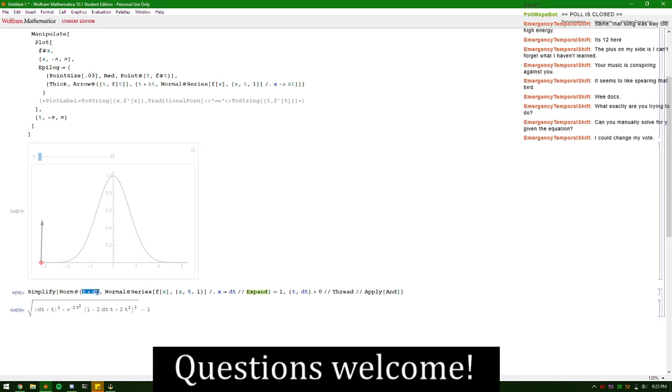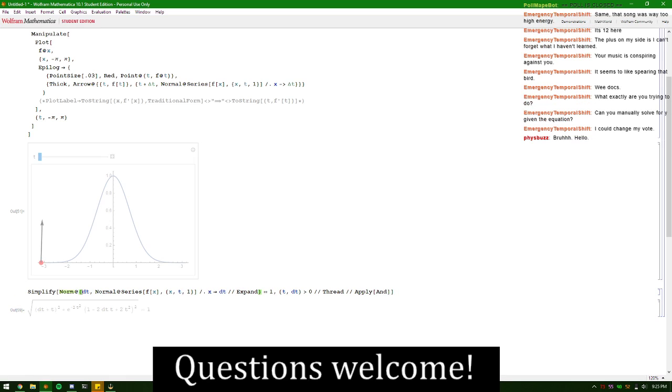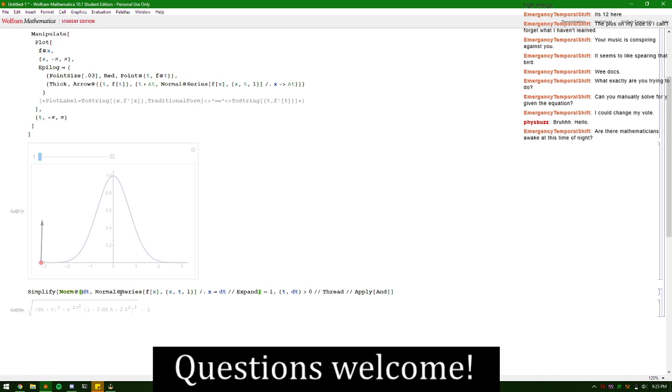Yeah, if this is the x coordinate. Wait, no. This isn't the vector I want to normalize. It's this vector minus this vector, which is really just dt, and then because of how